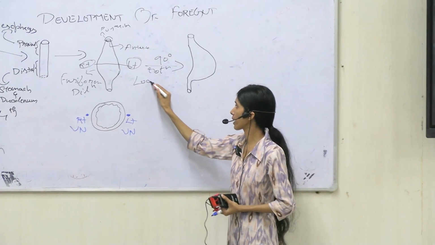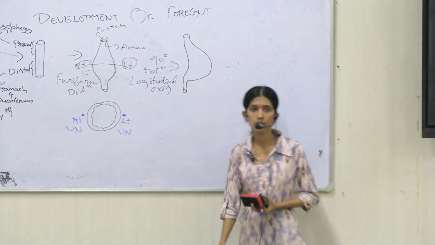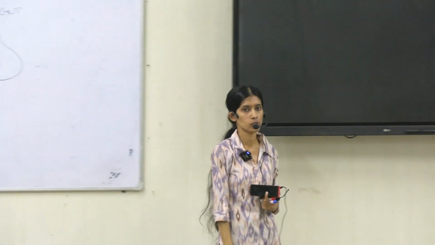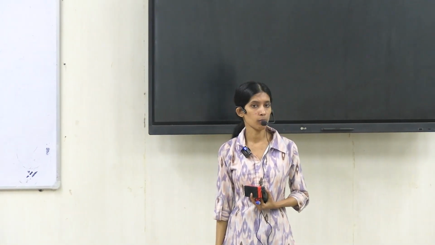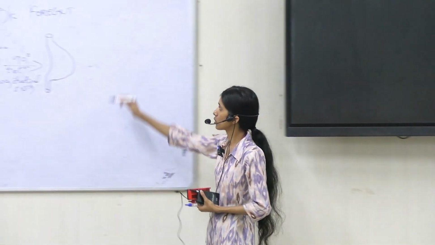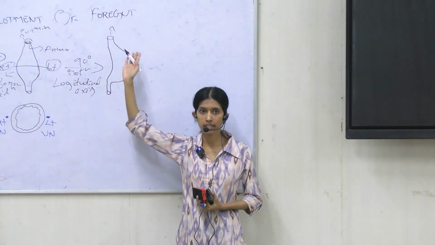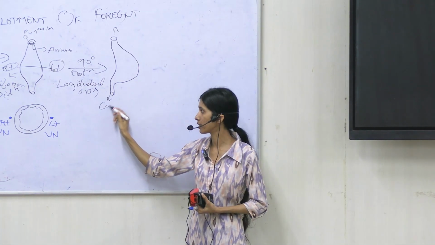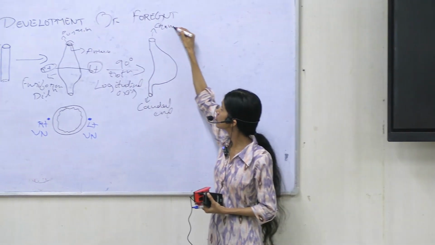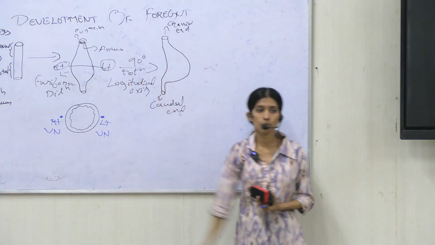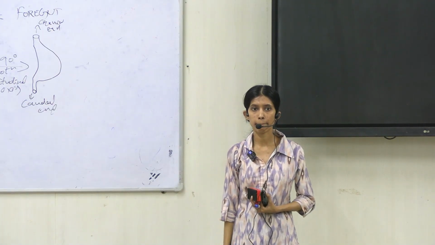At longitudinal axis. So once the 90 degree rotation takes place in the longitudinal axis, this is how the structure of the stomach is going to appear. So this will become which end? The cranial end of your stomach, and this is the caudal end. So what are those structures called? Cranial end is